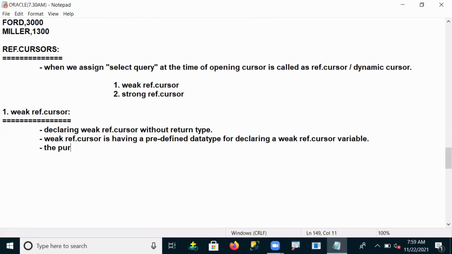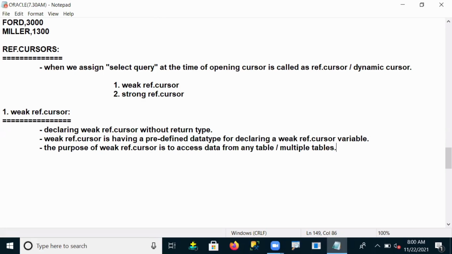The purpose of a weak ref cursor is to access data from any table, or multiple tables. Multiple tables' data accessing is possible here.